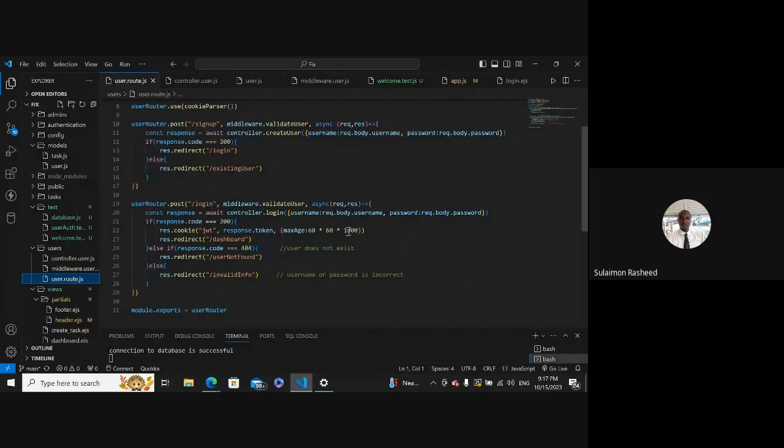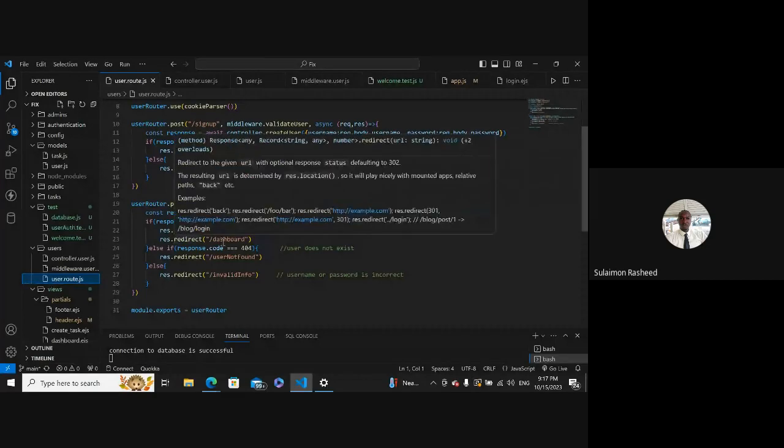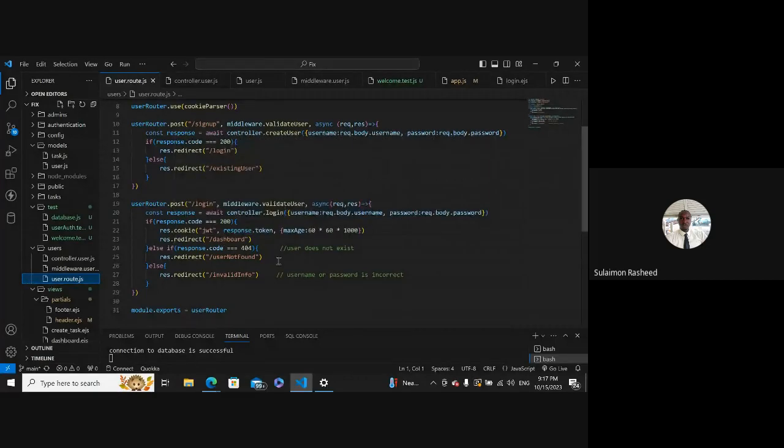Times 60 than 1000, that is 1 hour, right? To happen next, then you now redirect to your dashboard. Because if the person has been successfully logging in, then the person should be directed to the work, right? So then when you have redirect,